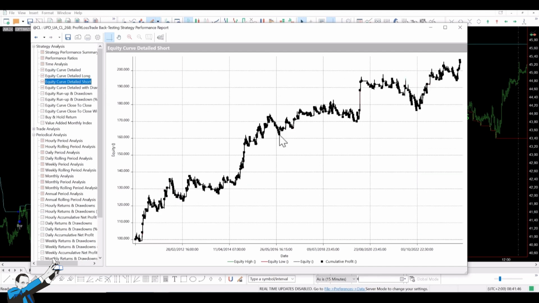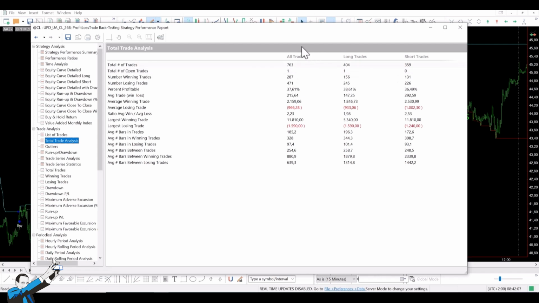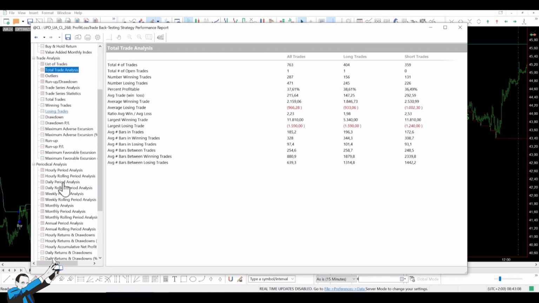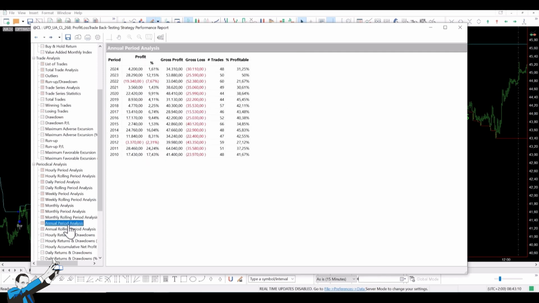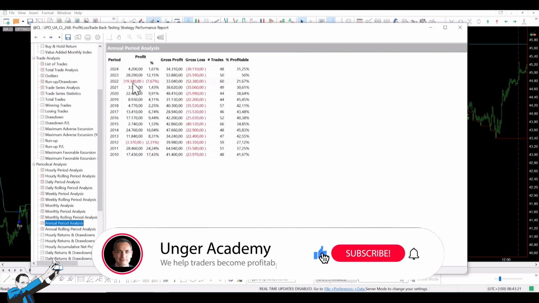consistent. As for trade count, the strategy has made about 700 trades, fairly evenly split between long and short. However, the average trade is higher on the short side, which we could infer from the equity curves. Still, the average trade of $215 is large enough to cover commissions and slippage. Finally, let's look at the year-by-year returns. As we saw, 2022 was a down year, but it's interesting to note the recovery in 2023 with a gross profit of $28,000. That wraps up the second strategy.